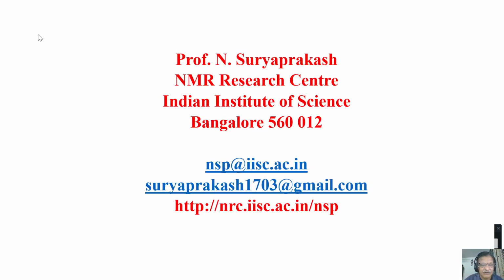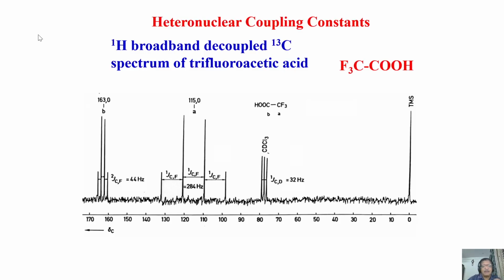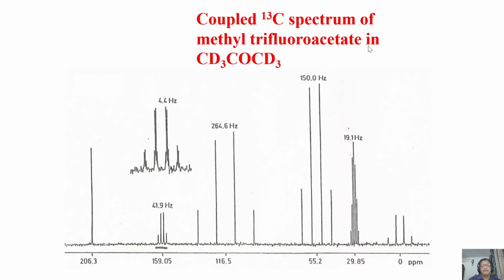That's what I discussed, and I took one or two examples of how we make the assignment of a carbon 13 spectrum, especially with broadband decoupling, when there is coupling with other heteronuclei. We'll continue from that today. This is what we discussed last class, and that's where we stopped. I explained why this CF3 peak comes downfield, and the reason for getting this quartet and the quartet for this carbon. We'll go to the next molecule.